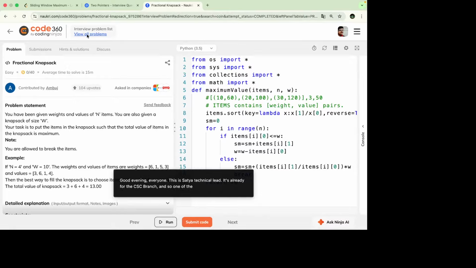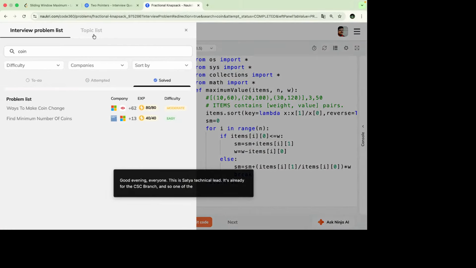Let me search. Here in this platform, Code 360 by Coding Ninjas, for each and every program you can check how many times it is repeatedly asked in different companies. So here you can check, we have two programs based on coin change. One is ways to make coin change. This is from